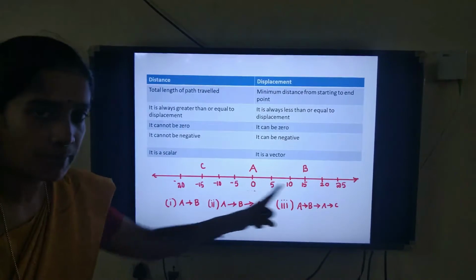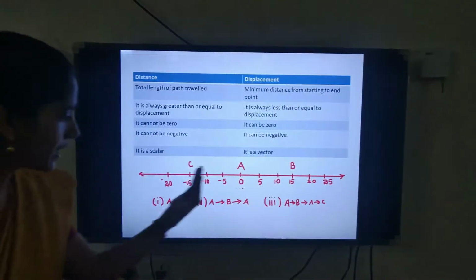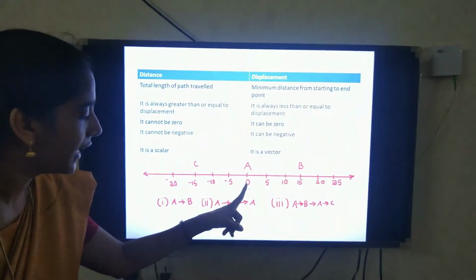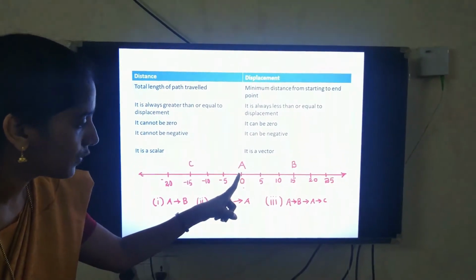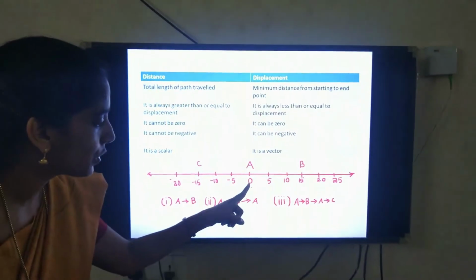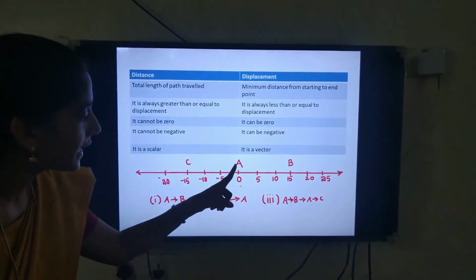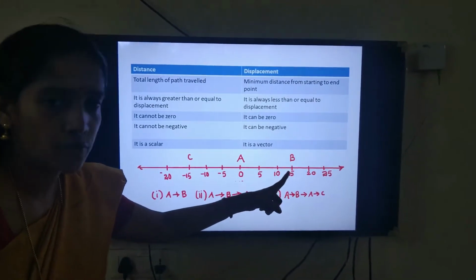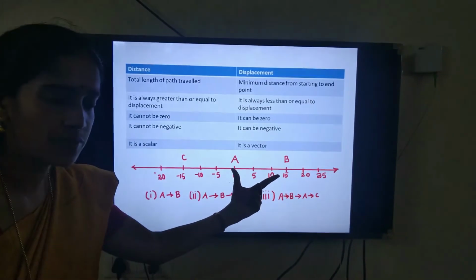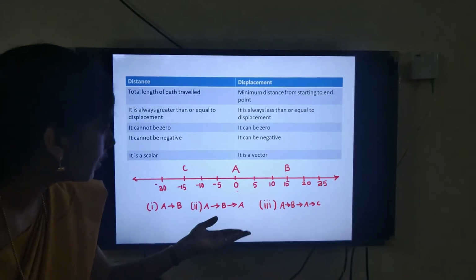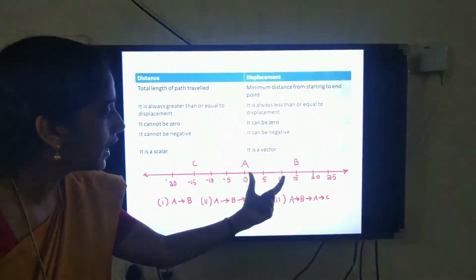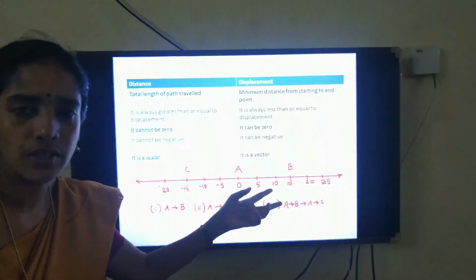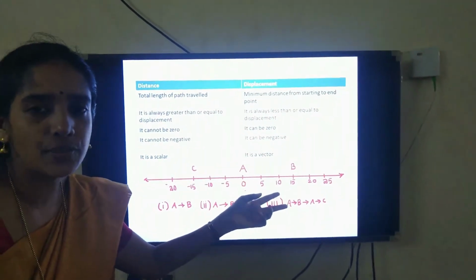Suppose it's a number line. You know this is the positive integer and this one negative integer. This is all clear to you. This is the origin, starting position. Imagine O not here. I took it as A to B. Suppose the object travelled from A and stopped at B. That means what is the distance travelled? 15 unit, not written, so let us take it as 15 meter. So distance is 15 meter. Displacement is also 15 meter. So both are equal. So can they both be equal in any situation?